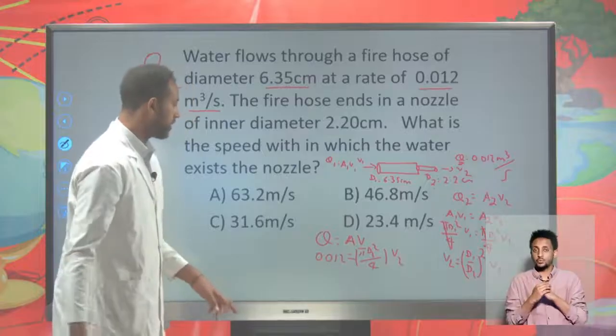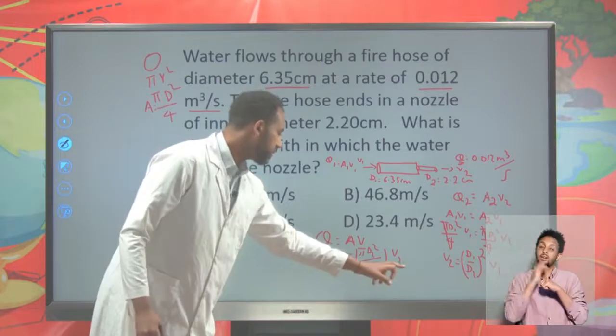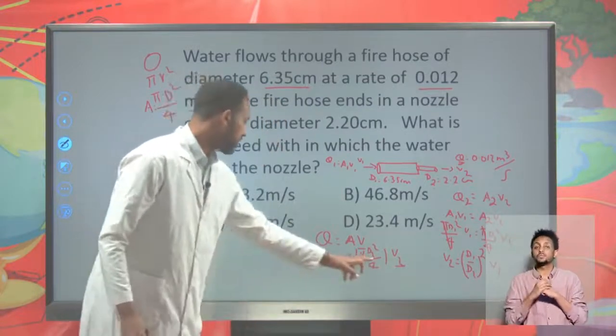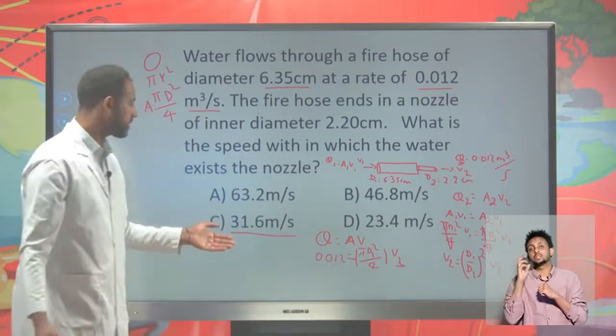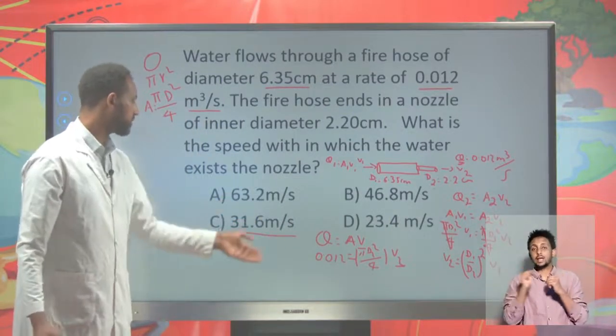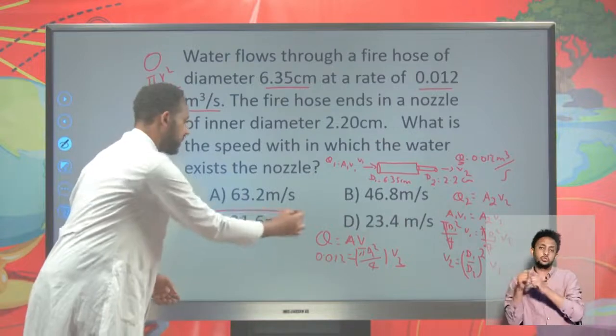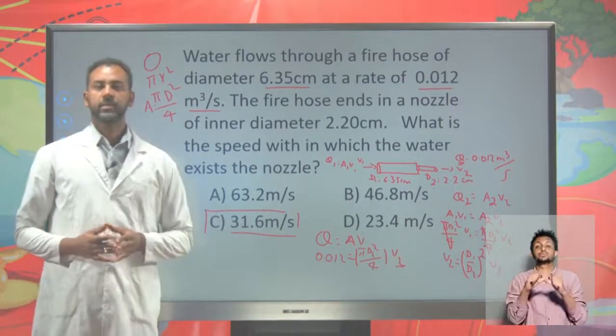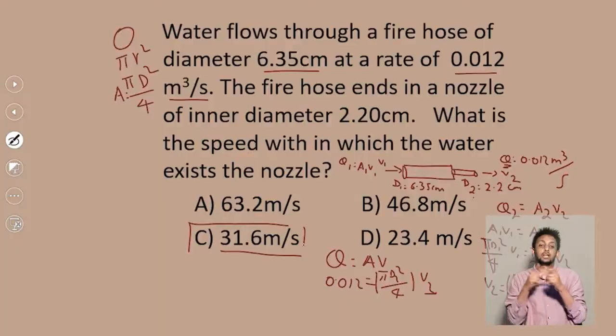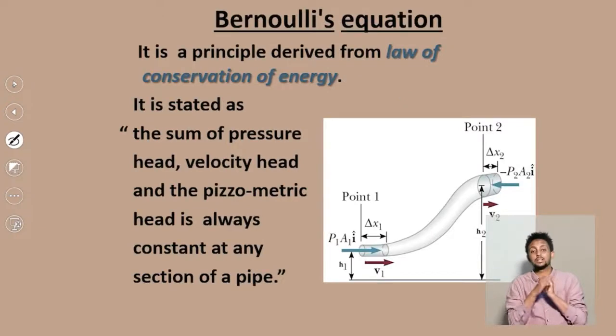Okay, V2. So it's possible to find the velocity V2 using this concept as 31.6 meter per second. It's possible to have such a relation, so keep this in your mind. Now let's proceed and try to see the second law under fluid dynamics, and that law is Bernoulli's equation or